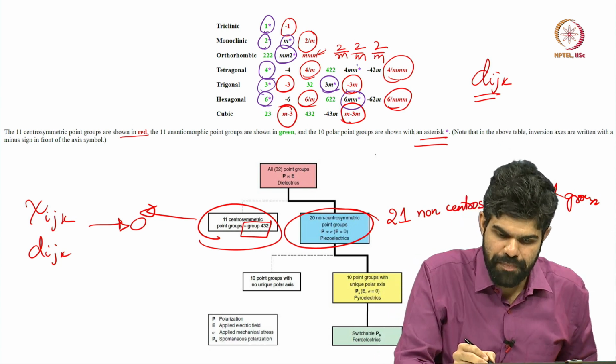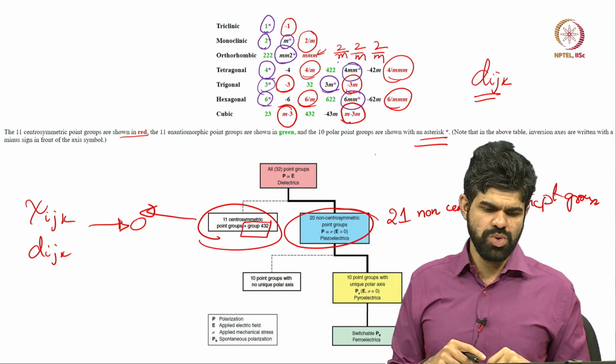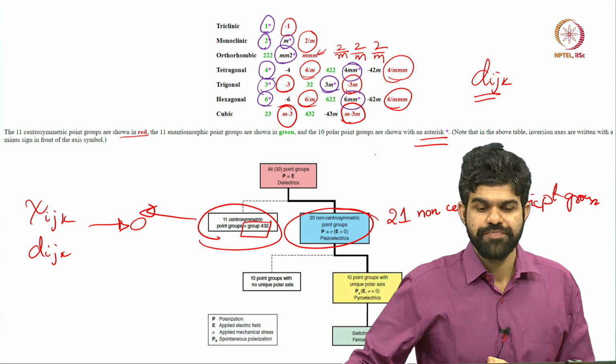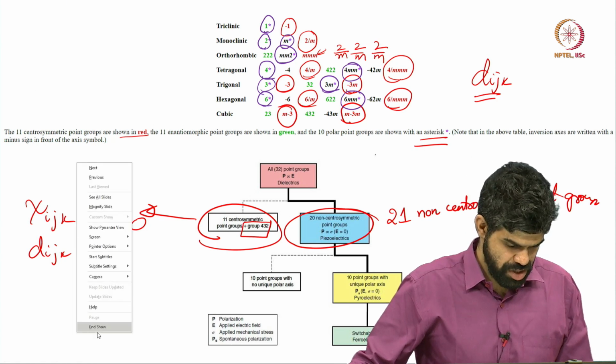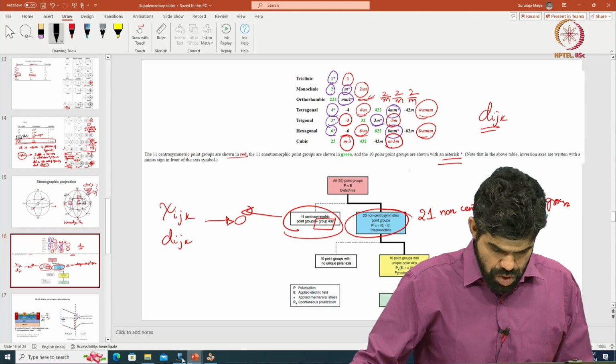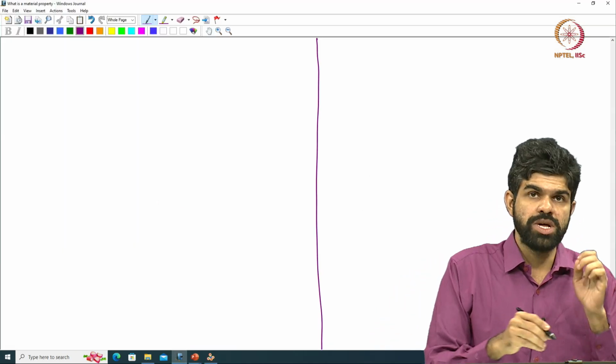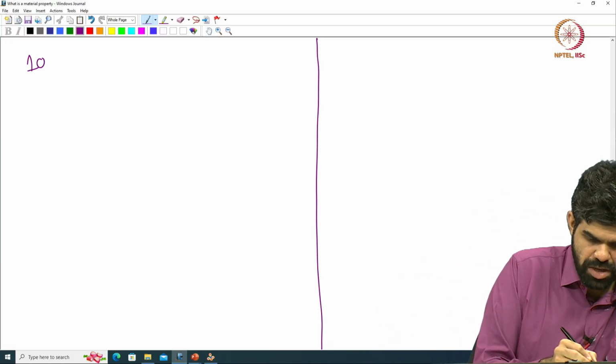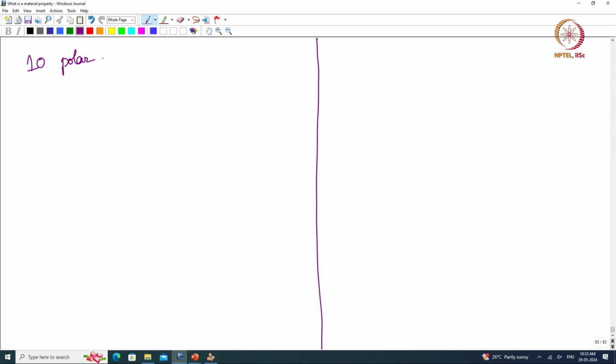Or 4mm. Now, what is the use of looking at polar groups? It turns out that you can show this, I am not going to show this in this class, there are 10 polar groups altogether. Now, these polar groups, polar nature